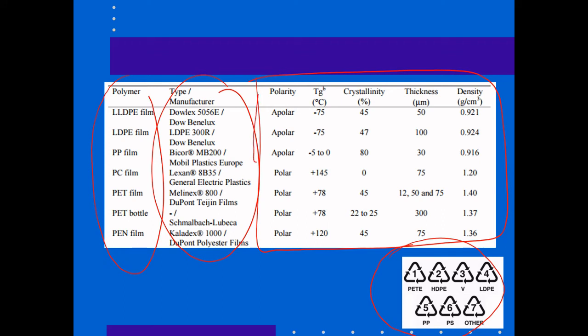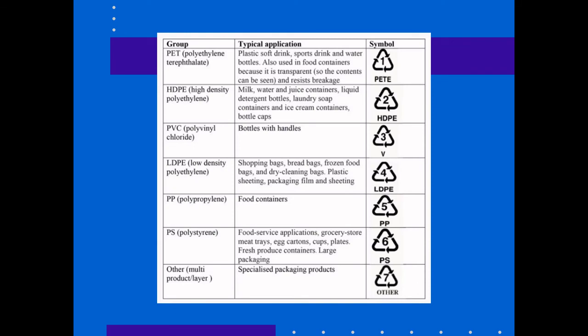So the first three are non-polar. The rest are polar materials. The values of their glass temperature, crystalline temperature, crystallinity, thickness, as well as density. So this table shows the different materials, numbers 2, 3, 4, 5, 6, and 7 just now, and what the materials are, and the application of each of these